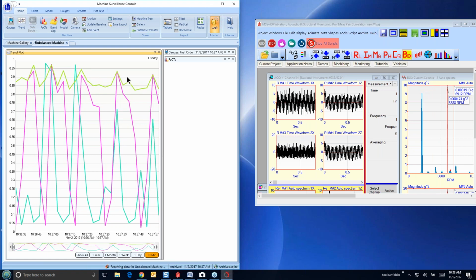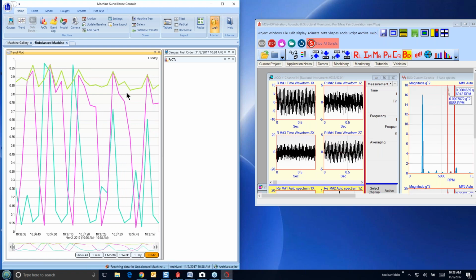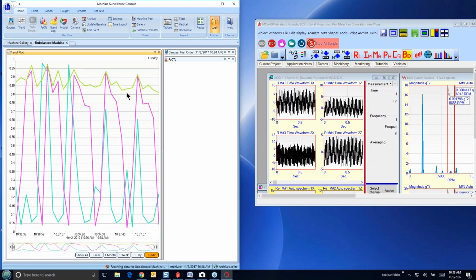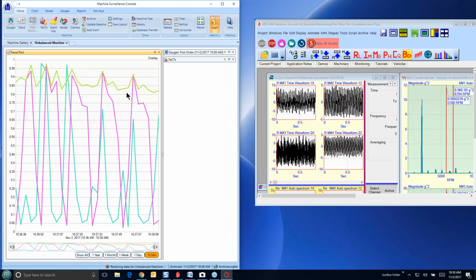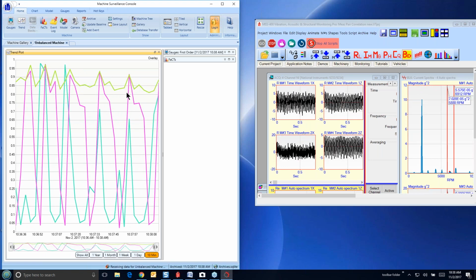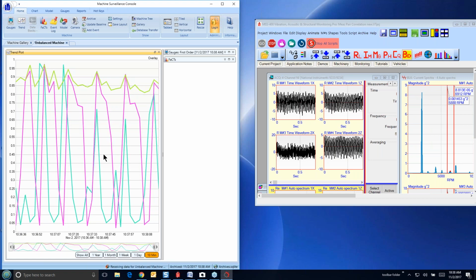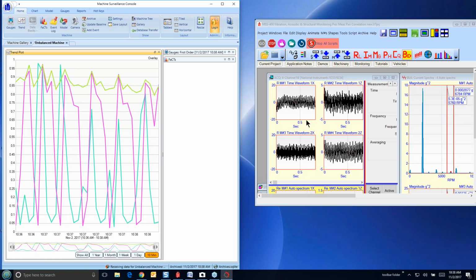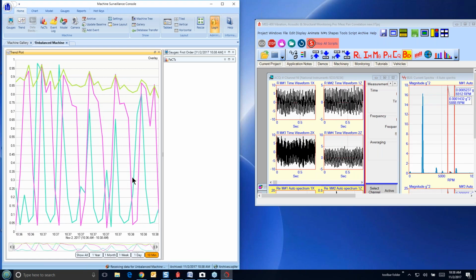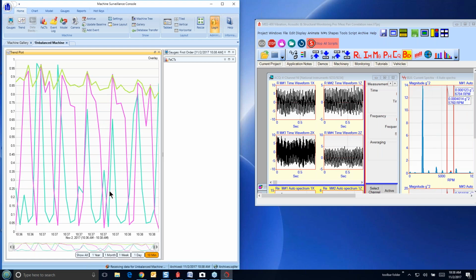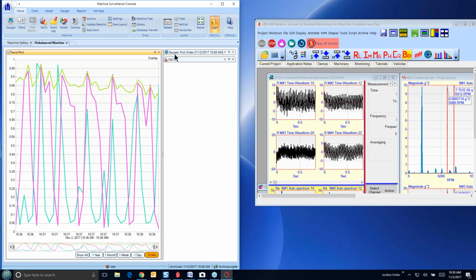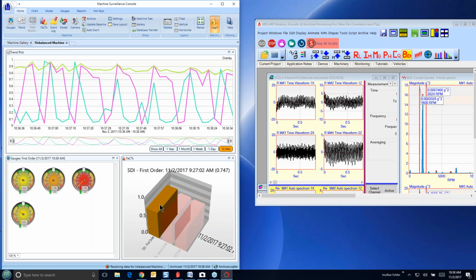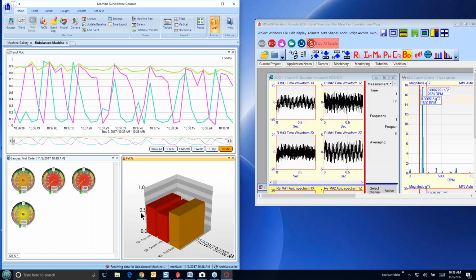Remember, we've got 12 numbers coming in, 12 SDI values, the 3 bands, and then the 4 pairs of auto spectrum data. So that's what we're looking at here. And you can see all these values are very close to 1. In other words, when we updated the baseline over here in MEscope, the values are all going to go back to 1. And the machine is vibrating and it's varying, moving around a little bit. Let's put the pictures back. Here is the fax bars down here.